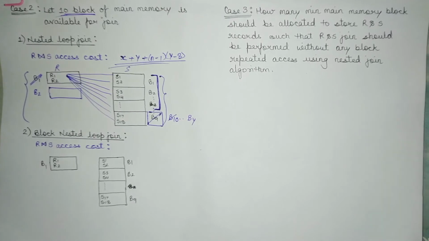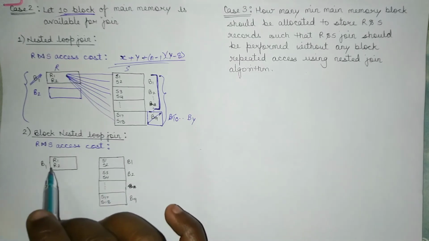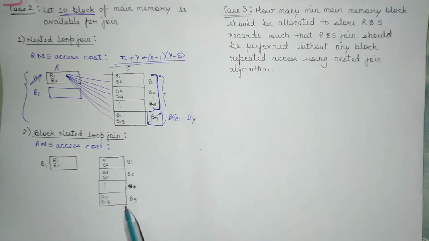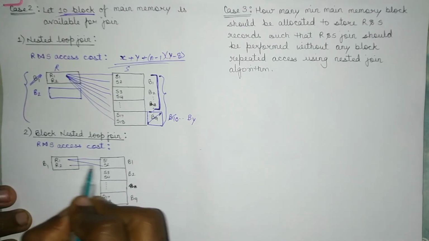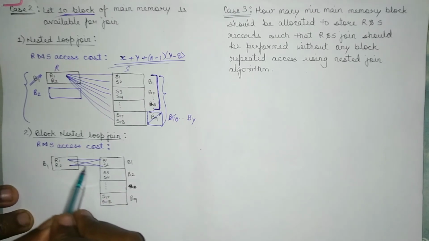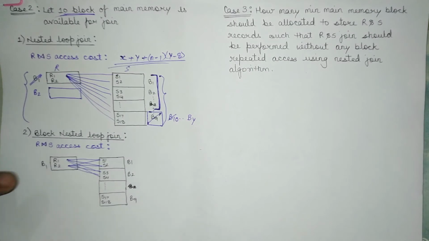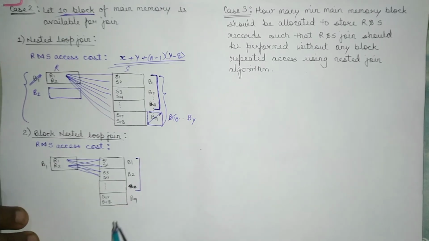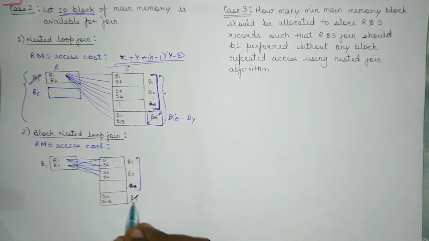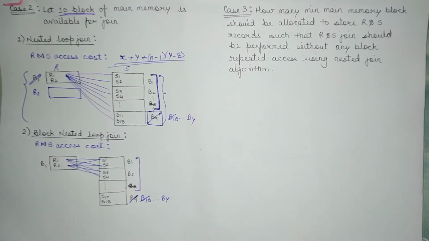If you are using block nested loop join, then again we have the same pattern, like 1 block of relation R and the rest of the 9 blocks of relation S. Here we have to map in a blockwise manner. So this is done similarly here. Similarly for all these. Once this block is done till B9, again we'll be storing these 8 blocks in the main memory, and we'll be replacing this B9 with B10. Once we have mapped the records of B10, we'll be replacing it with B11, and so on up to BY, right?